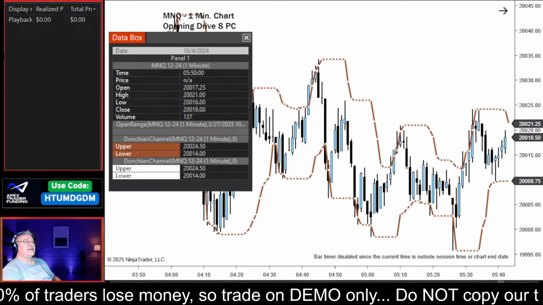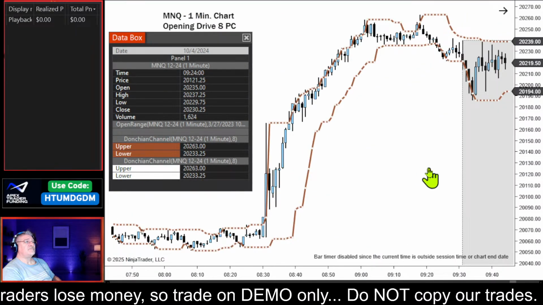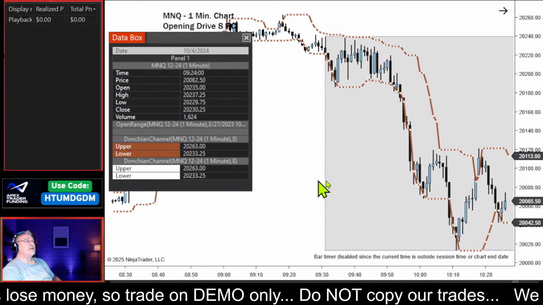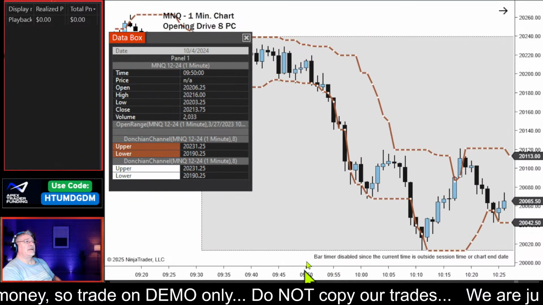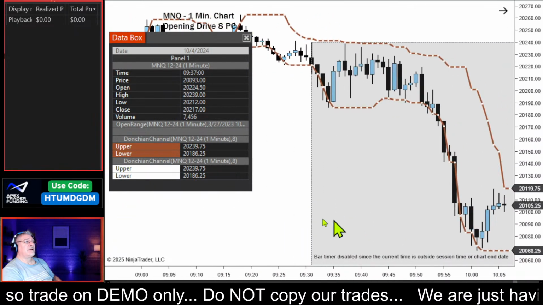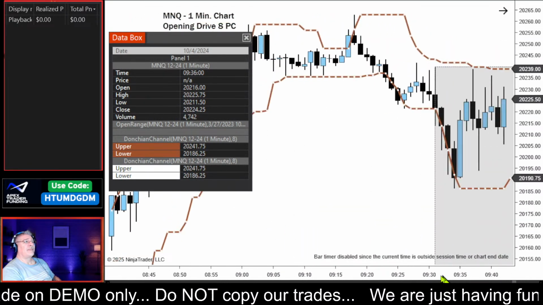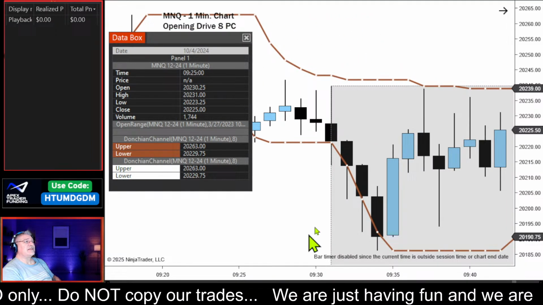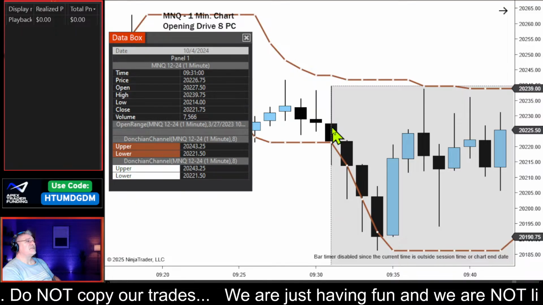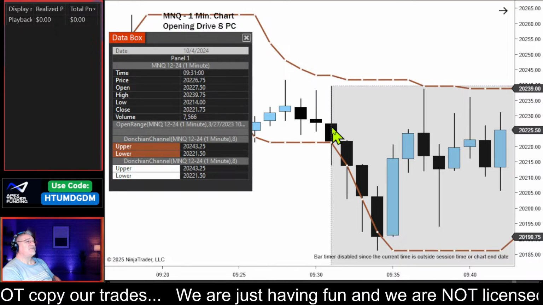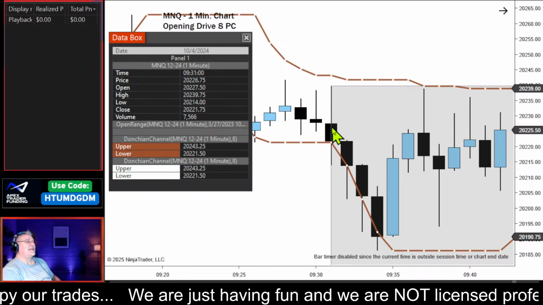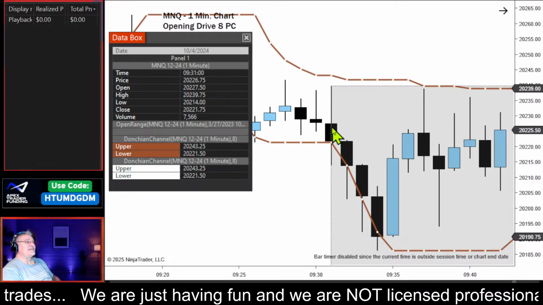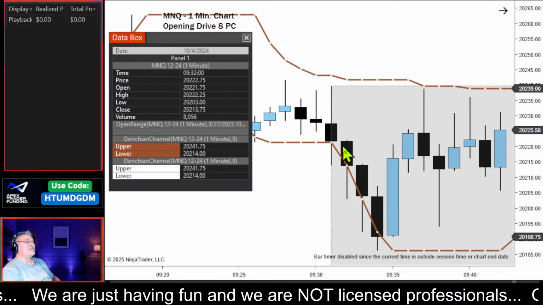Last day of the week. Oh, another big one. I love it. Let's open it up and see which candle closed below, because this is really close here. I don't think this one closed below. 21.75. The channel was 21.50. You can see in the data box, so that one closed above. This one,